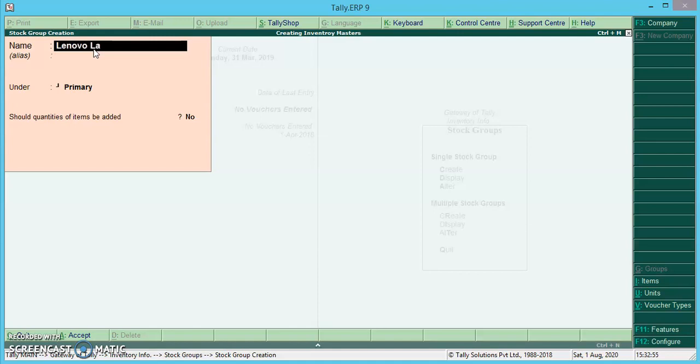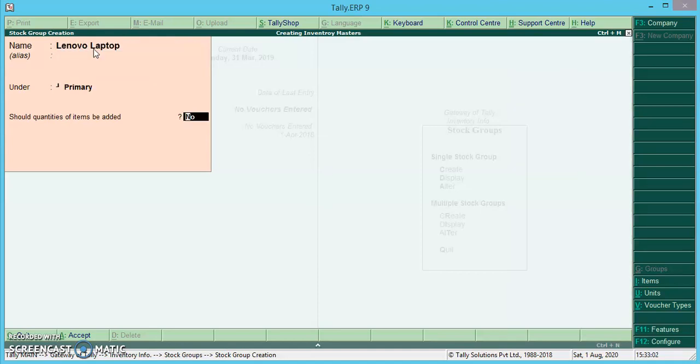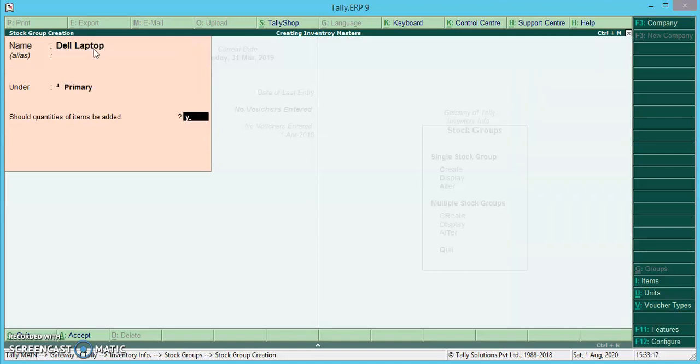This also comes under the primary. Keep it yes. Then we are having Dell laptop. Keep it yes.